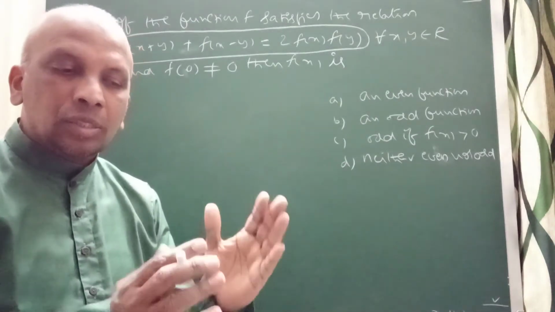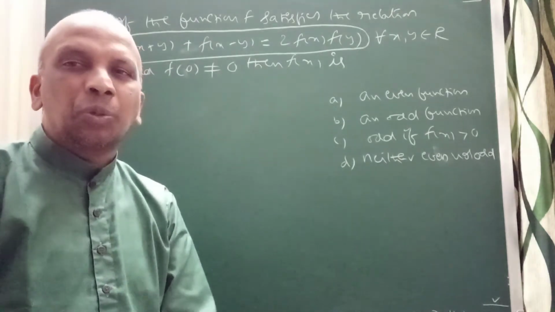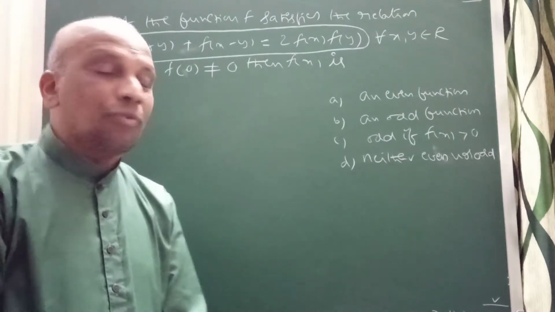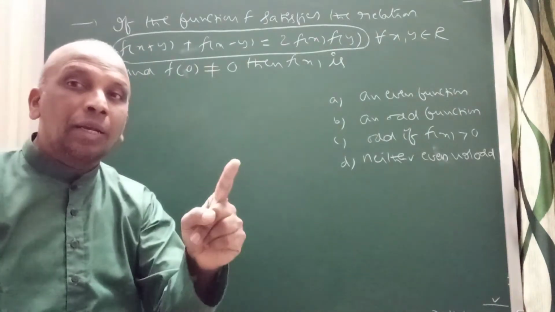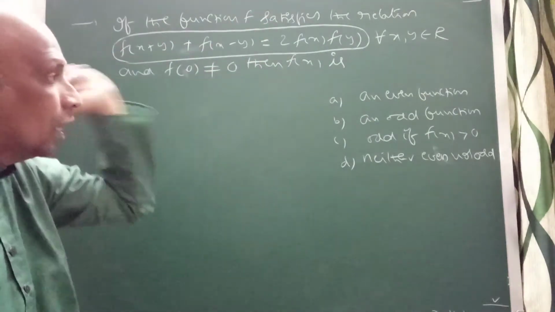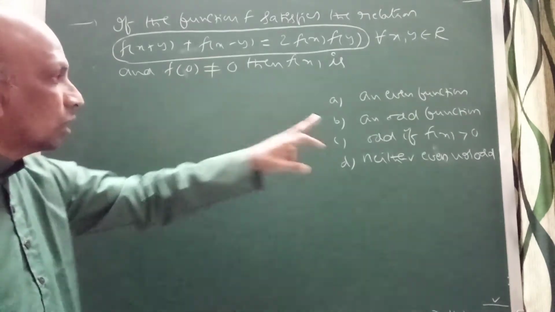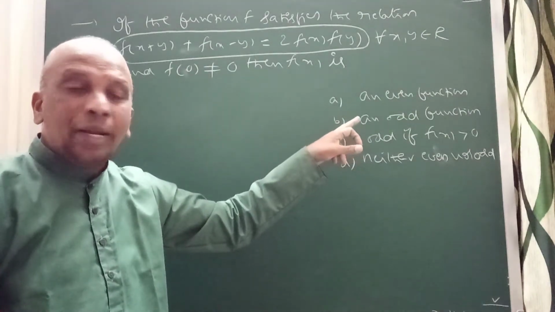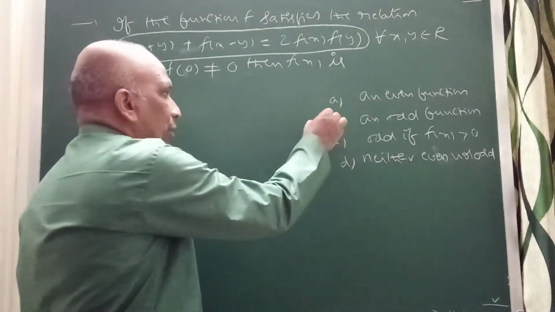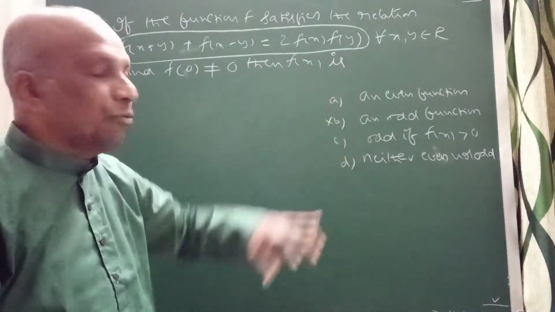Again, you can listen to this. Suppose f is an odd function and it is defined at x equal to 0, definitely f of 0 equals 0. Suppose f of 0 is not equal to 0, then it is not an odd function. So here definitely we can eliminate, it is not an odd function. When f of 0 not equal to 0, I can eliminate option B. It is not an odd function. I can eliminate this. I can eliminate this.